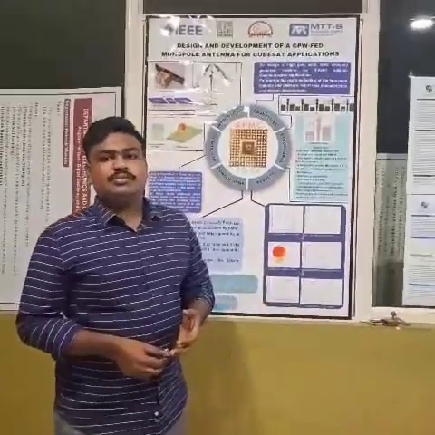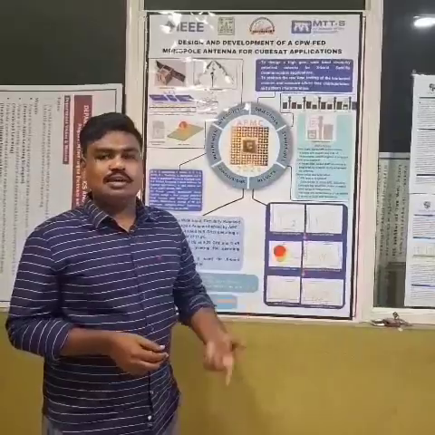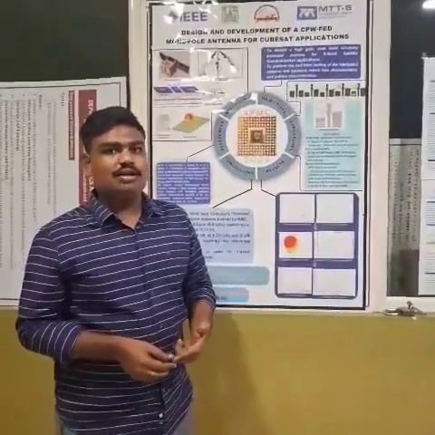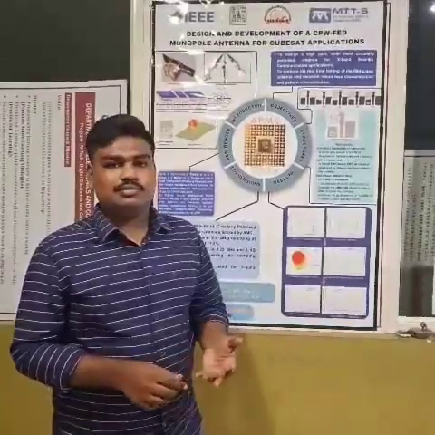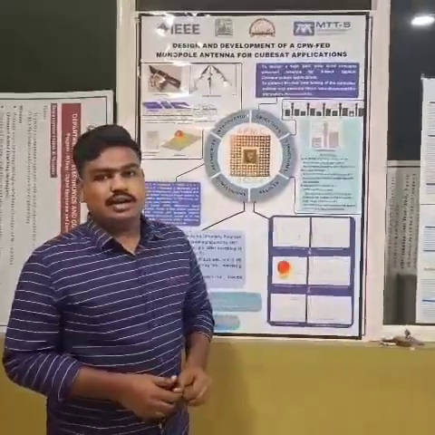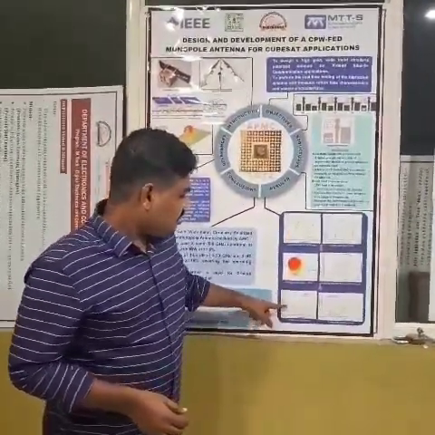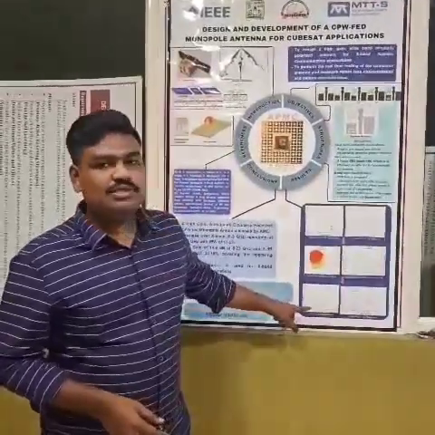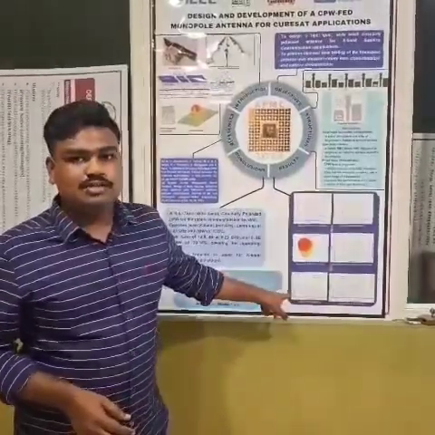The unit cell AMC reflector is exactly matching with my single element CPW antenna at the 8 GHz frequency range. For the single element CPW antenna, the operating frequency is around 8 GHz. And you can see the gain versus frequency plot here. The gain is gradually increasing around